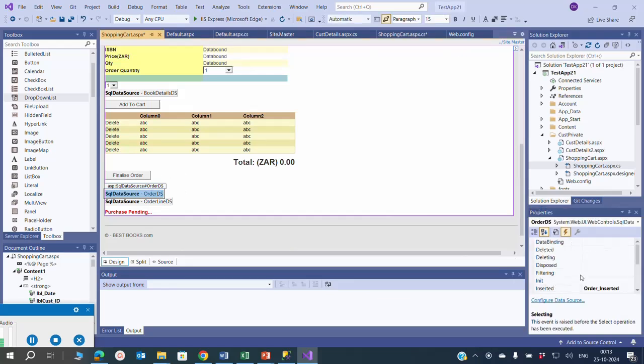Once you click on the insert property, just go to the property here, and in this property we're going to look at the insert property here. As you can see,